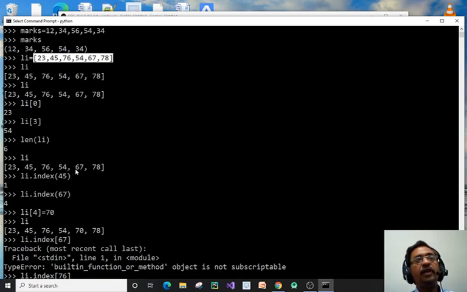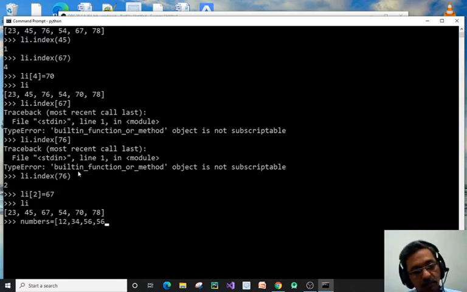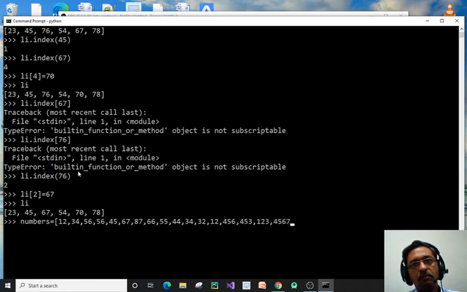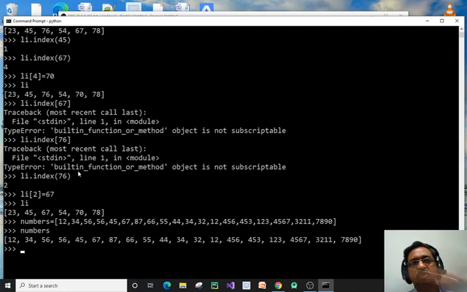But if we don't know the index position, if the list is greater, suppose I am giving a new list, numbers, like this one. So if we give the numbers, and suppose I want to modify 453 to 500.